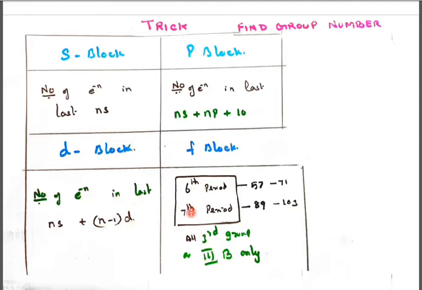The sixth period and seventh period are nothing but the 4f orbitals and 5f orbitals, I mean the f block elements. The atomic numbers 57 to 71 belong to the sixth period, and the seventh period has atomic numbers 89 to 103. The last elements to be calculated are lutetium and lawrencium. All of them belong to the third group, and to group 3B only.